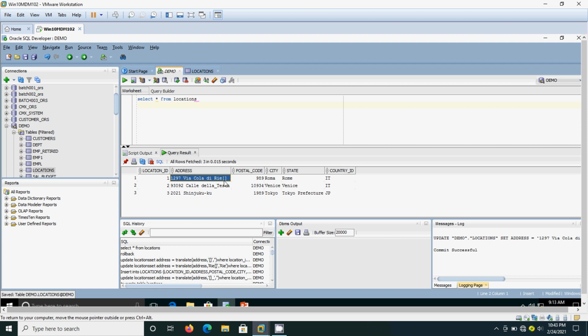That means he typed some extra square brackets at the end of the address under location ID number 1. In location ID 2 he typed underscore as the extra character, but actually we don't require the square brackets and underscore. We need to remove them. How we are going to do that, we are going to see now.